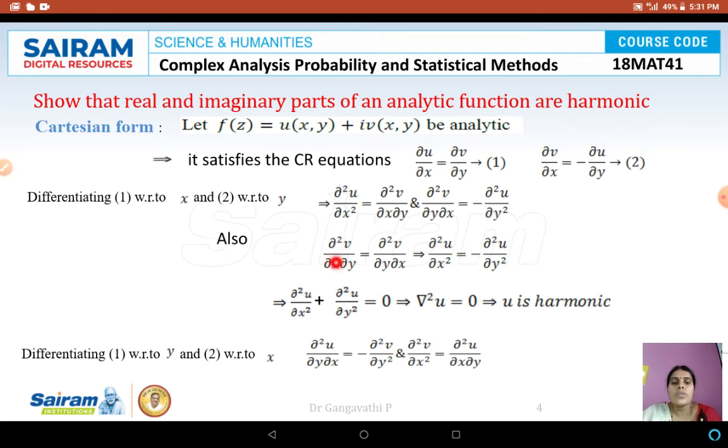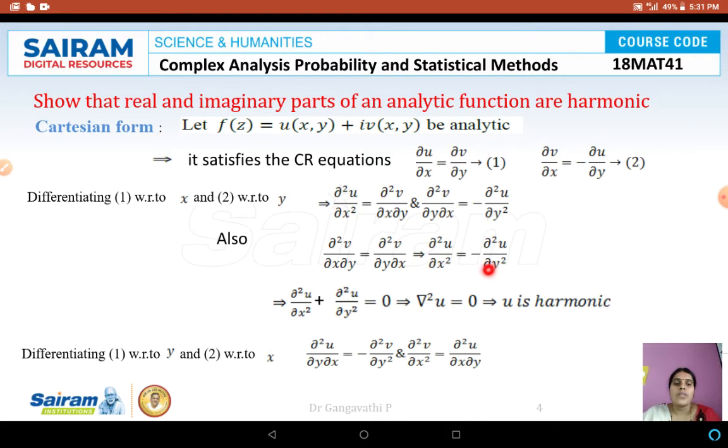So now this is the result that we have got, and also now we know that dou square v by dou x dou y is dou square v by dou y dou x. It means that x and y here, the order is x and then y; it can also be written as y and x. So even if you interchange the order, they are the same. That is the meaning. Since we have this result, we get dou square u by dou x square, this and this are the same. So dou square u by dou x square can be written as minus dou square u by dou y square. So this is the result we have arrived at.